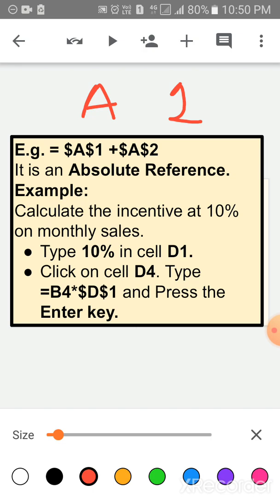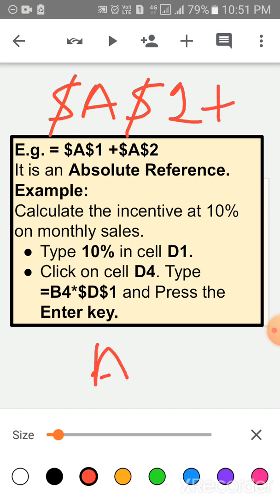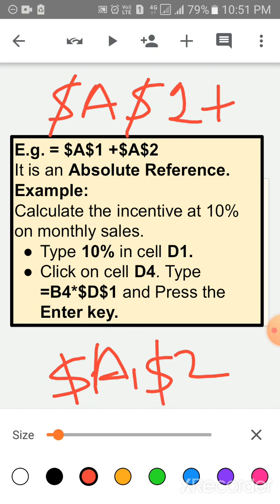In absolute reference, you have to write the $ sign before the column and before the row. For example, A2: column A, row 2. You have to write the $ sign before the A and before the row also. This is the absolute reference.